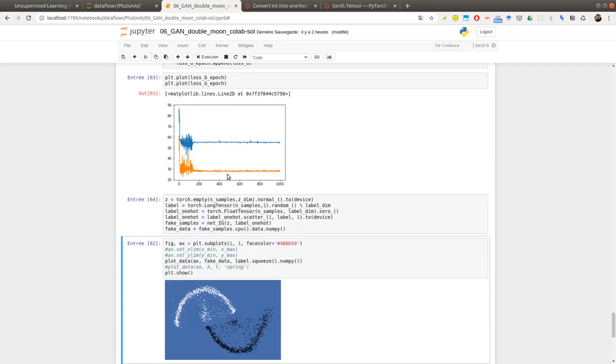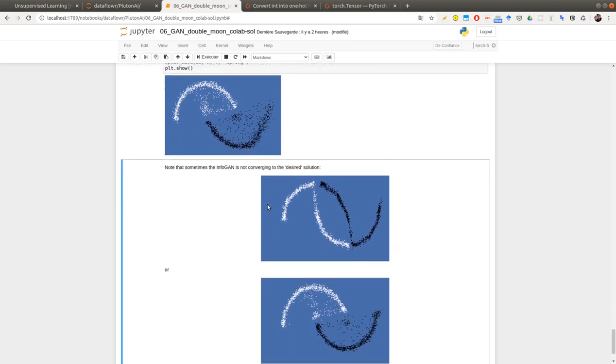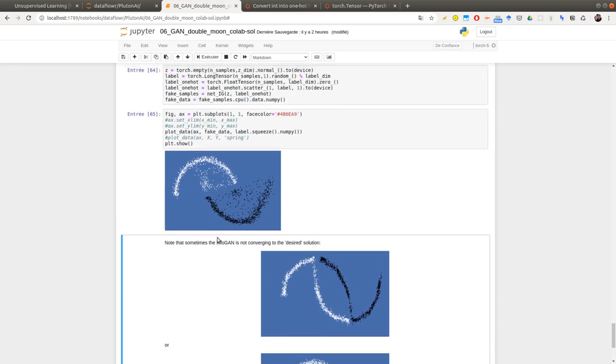I obtained this, and now I obtain this stuff, which is not the best case that I obtained so far. You see, it's cutting the dataset around this line instead of doing two proper clusters. Okay, that's it for today. Thank you.